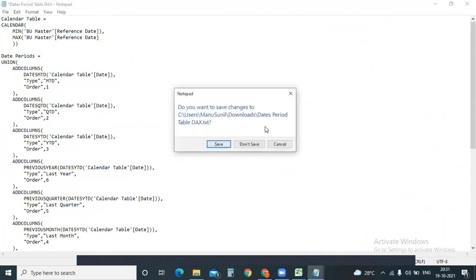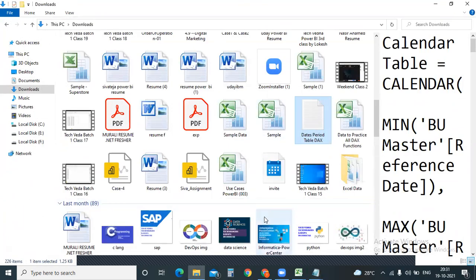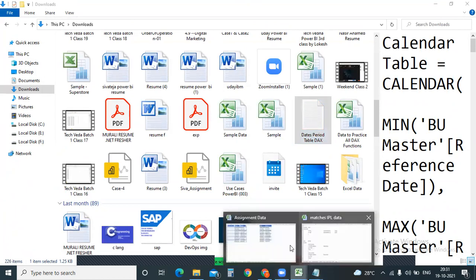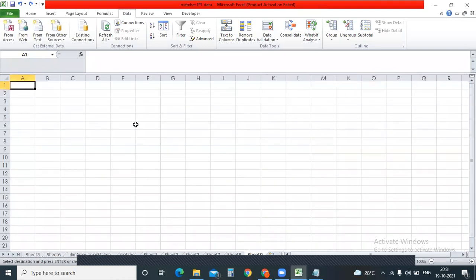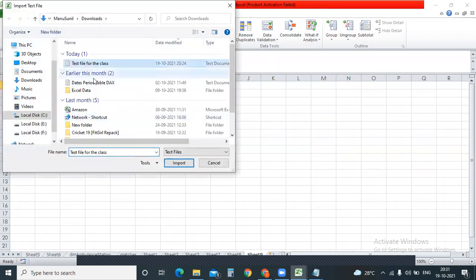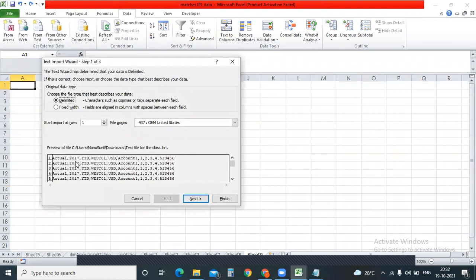Okay, if it is in normal format, you can directly import into our Excel. But as this particular data is not in the appropriate format, now let me export the proper data. Extract from the data, text, structured or non-structured file. Yes, structure, non-structure, simply you can use that word. Now this is separated by a comma.